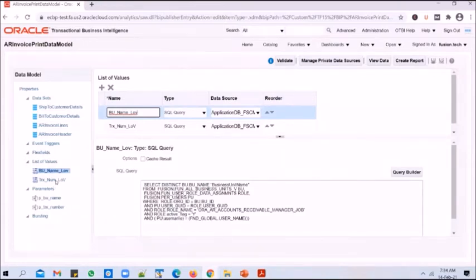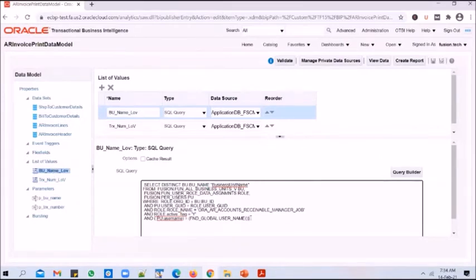And when you go to the transaction number LOV and click on the dropdown, you will see all the transactions from all the business units. But in the data model, you can link up a transaction number LOV with a business unit name LOV. You can add another option saying pull only the transactions from the business unit that is selected.